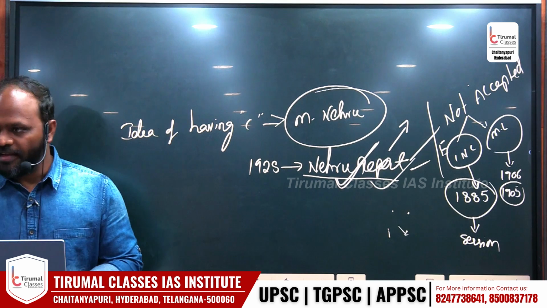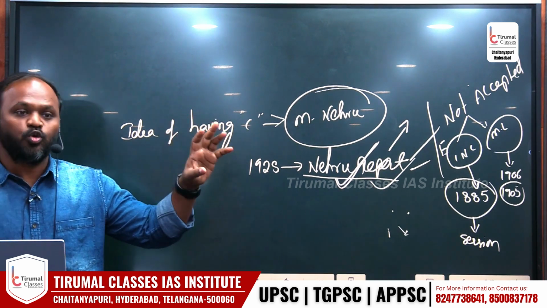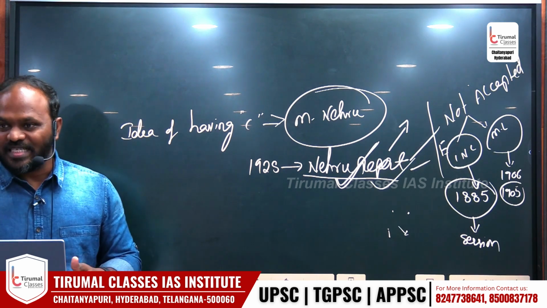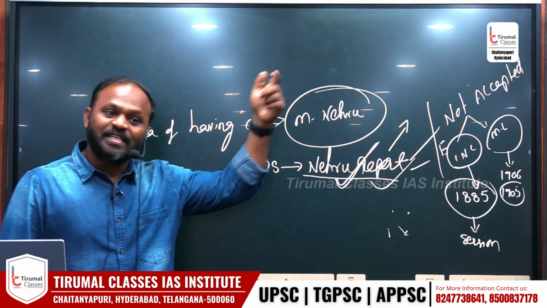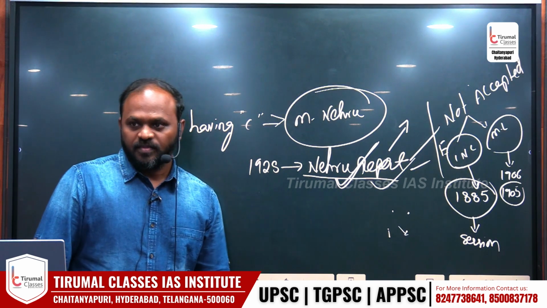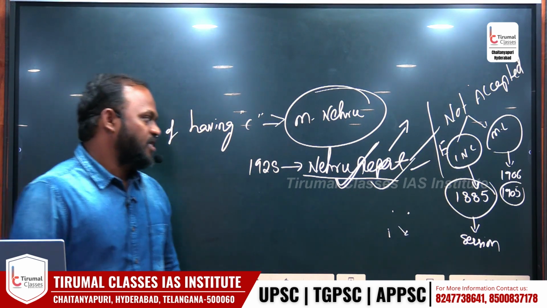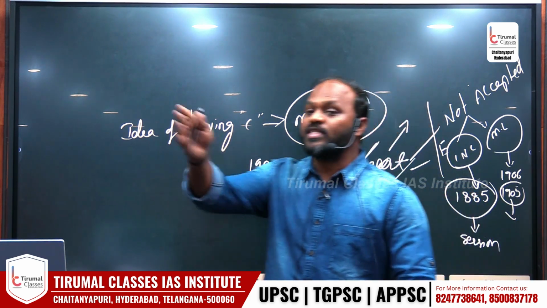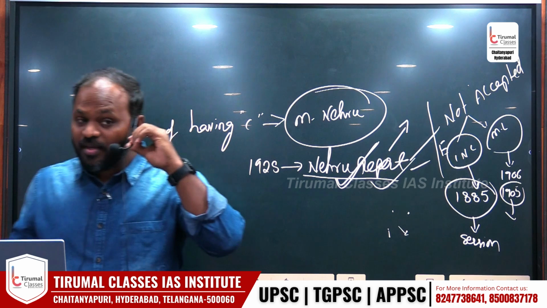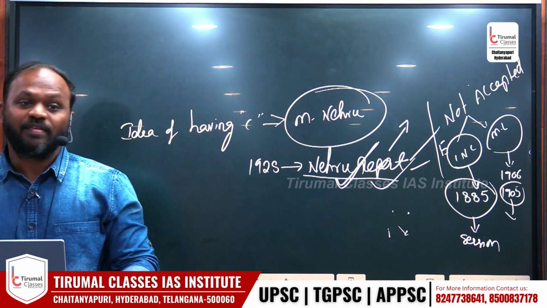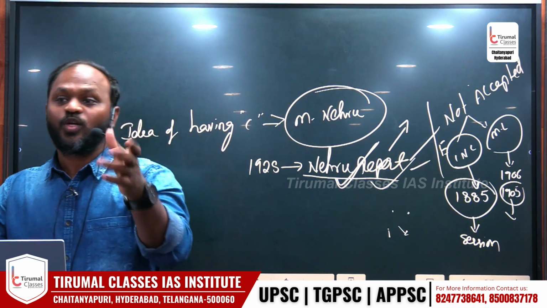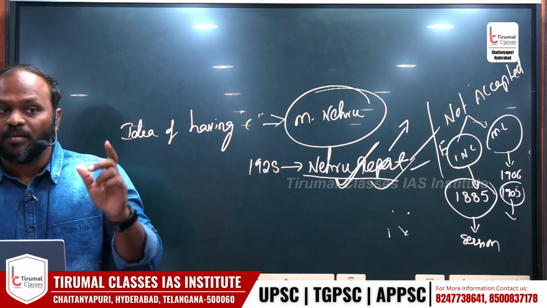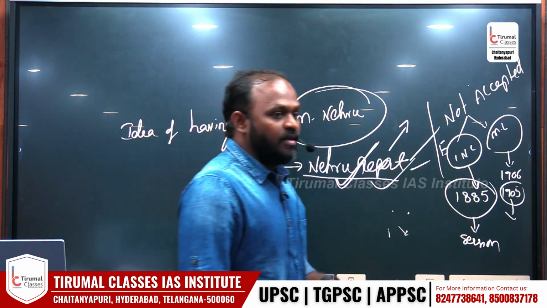But 1905, when Bengal was divided into two parts, East Bengal, West Bengal. Today our Bengal is East Bengal. Today Bangladesh is West Bengal by the time. Ardhamainda? Yes. So at the time of Bengal division, people of India opposed Bengal division because we understood Bengal division is a part of divide and rule. Indians understood their strategy and we started Bengal division should be cancelled. Bengal need to be